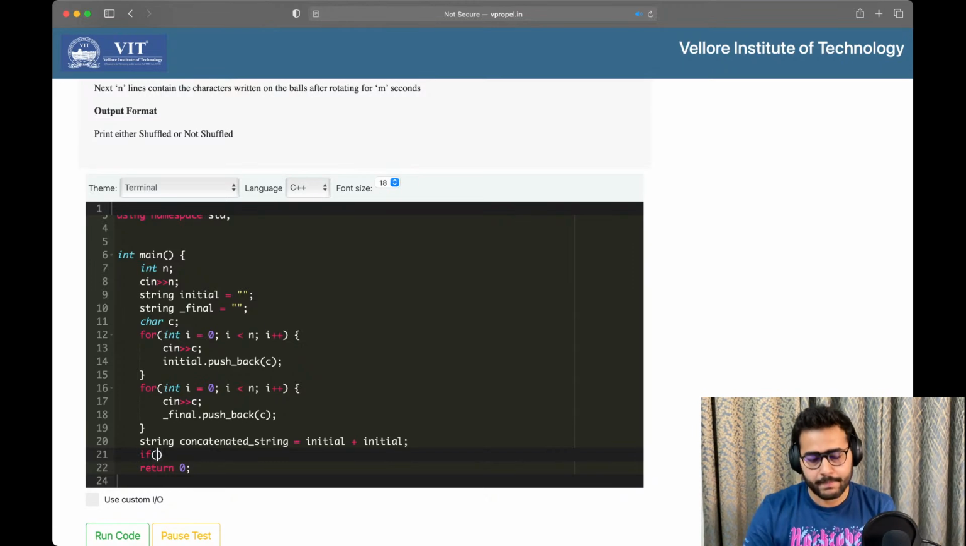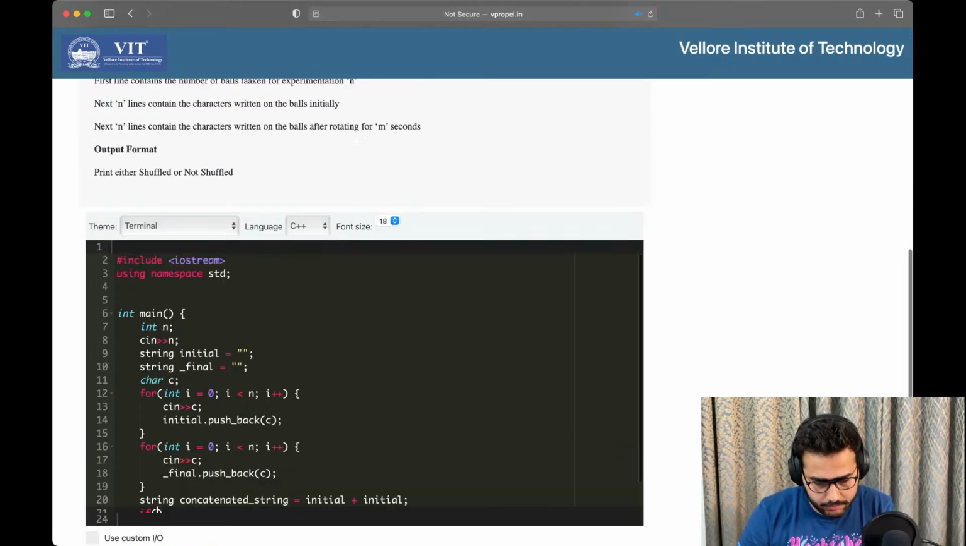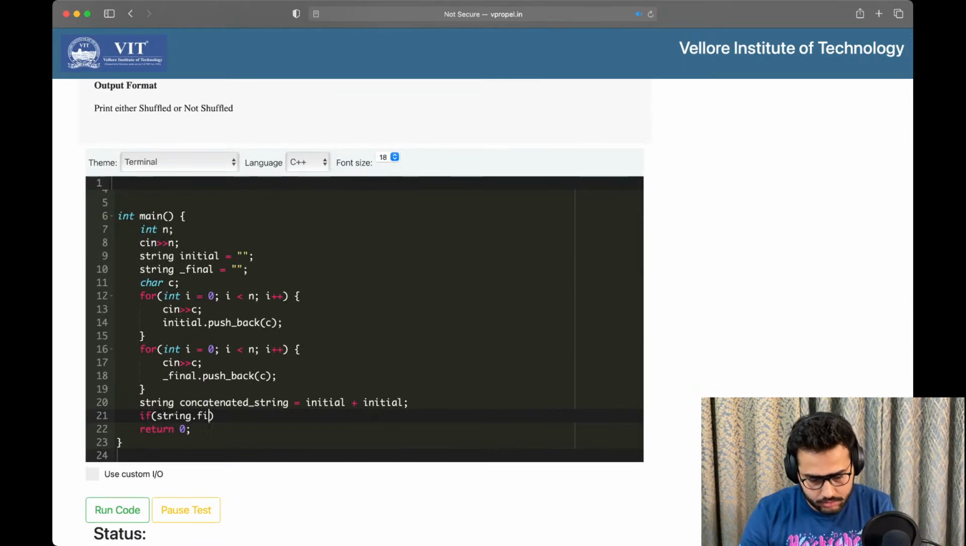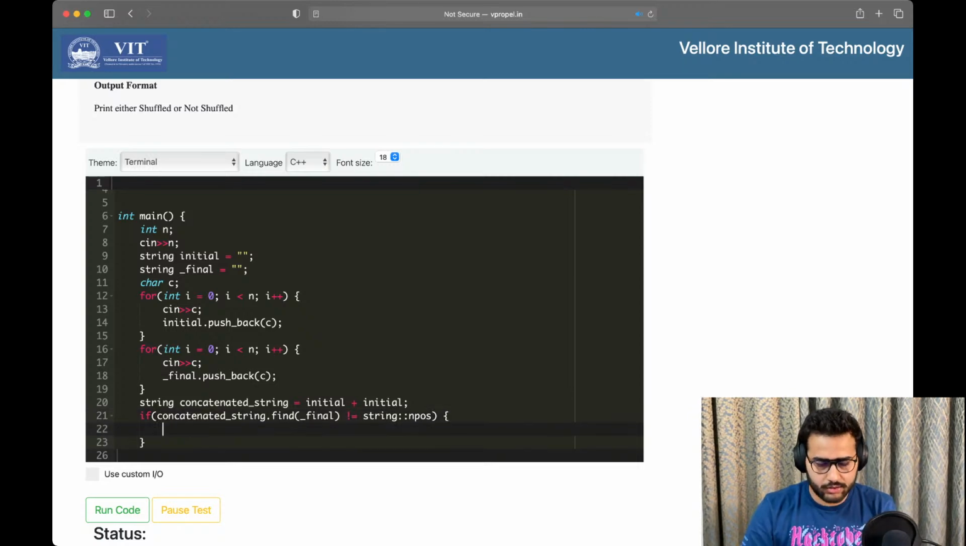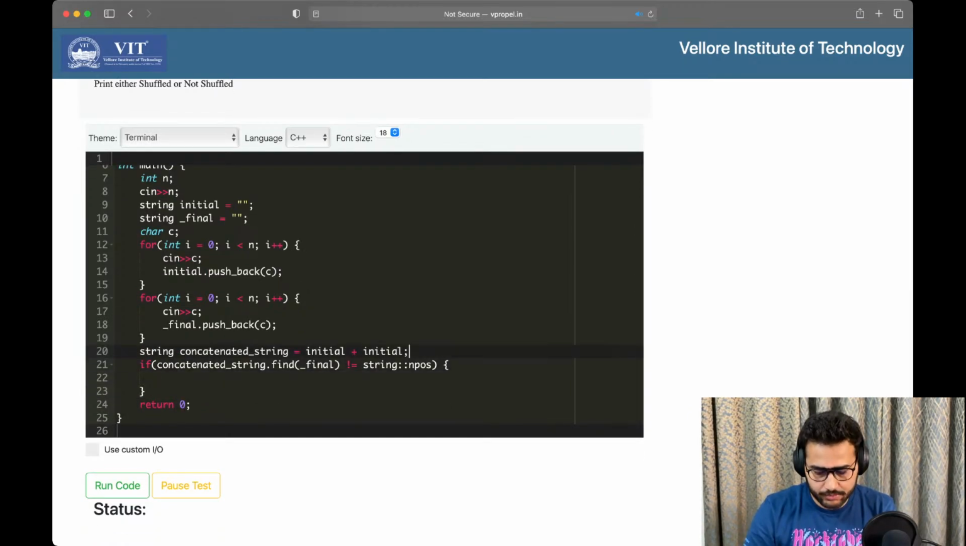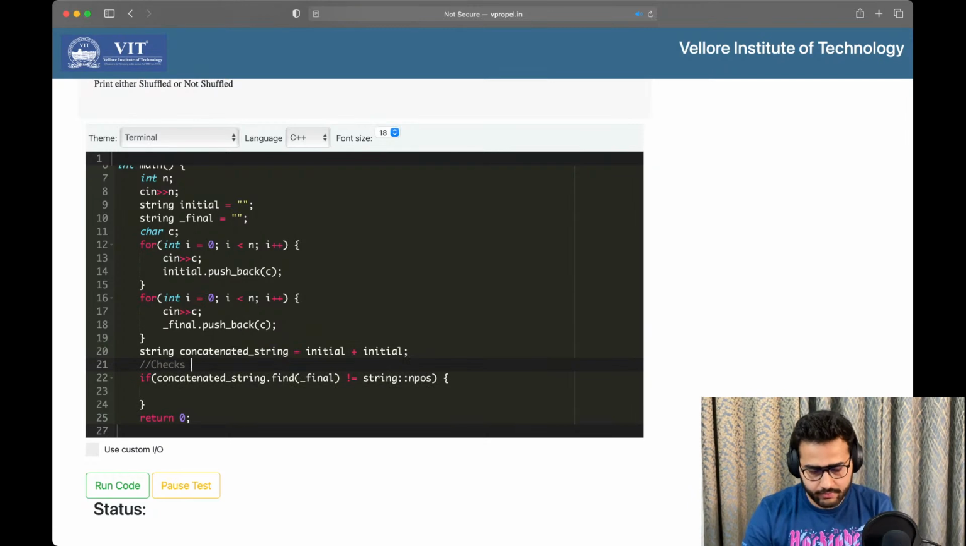So now the logic to check if a string is a substring of another string, we can do simply by concatenated string dot find final not equal to string colon colon npos. So this line basically checks if a string is a